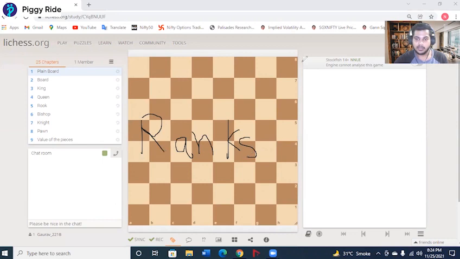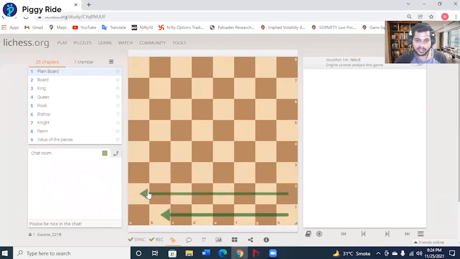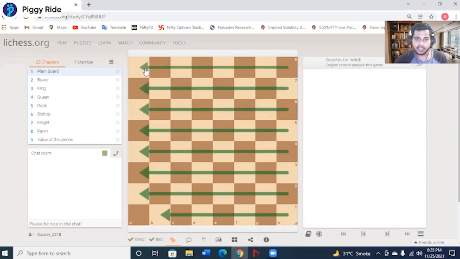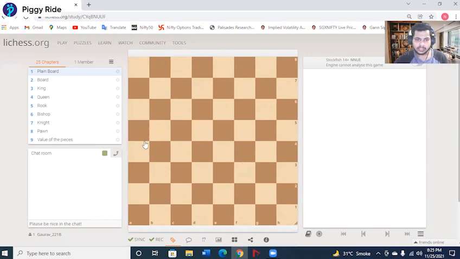So this is first rank, similarly second rank, third rank, fourth rank, fifth rank, sixth rank, seventh rank, and the last one being eighth rank. You can also see this as a column and this as a row, but in the chess world, they're called files and ranks.